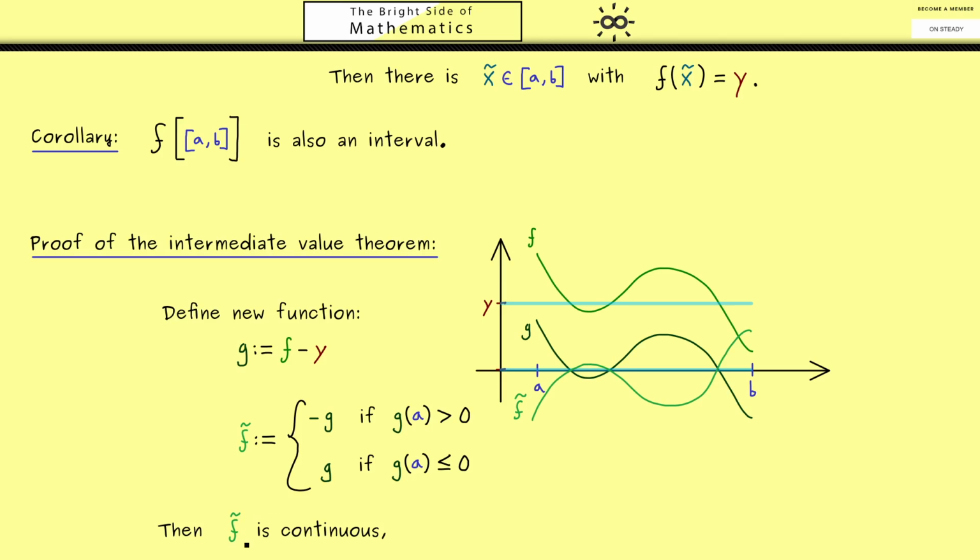Okay, now let's summarize what we have here. First, f tilde is of course still a continuous function, and our value we search for, we could call y tilde, is just 0. Moreover, we also know that we have a minus sign or 0 on the left hand side and a plus sign or 0 on the right hand side. Therefore, the f tilde we have drawn before is the correct example we should have in mind.